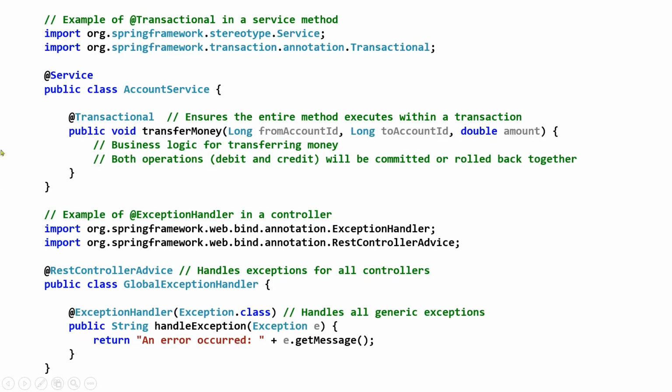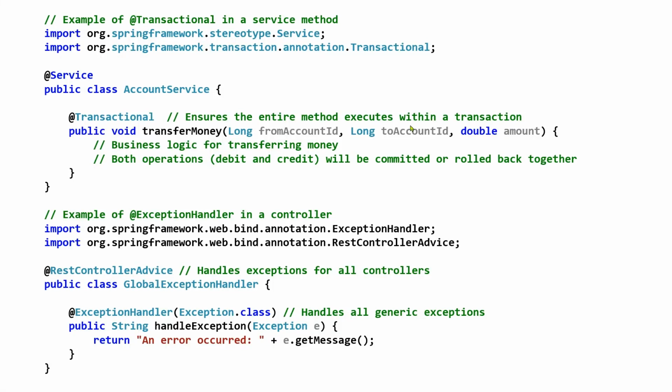This transactional annotation will ensure that the entire operation executes within a transaction. It should not break, or if it breaks, then the operation should fail, and if it is a success midway, then the whole operation should succeed. There is no other way.